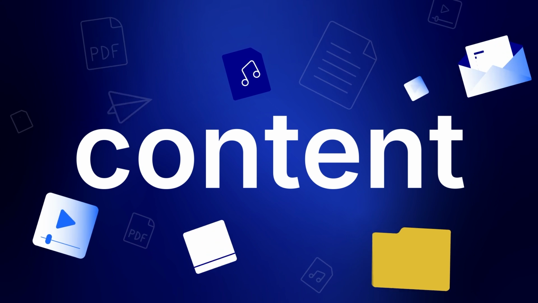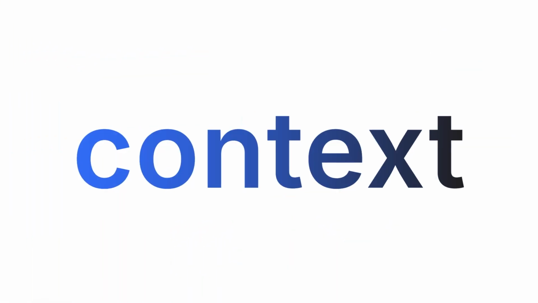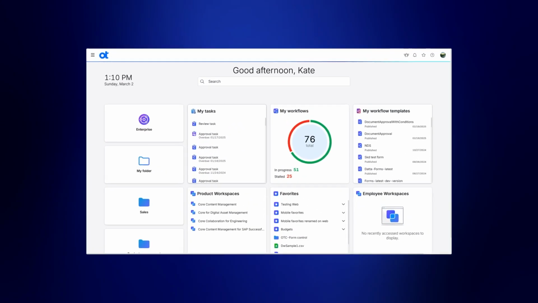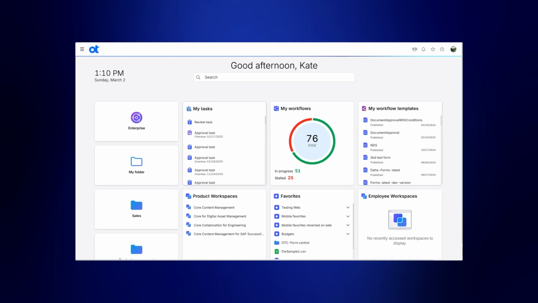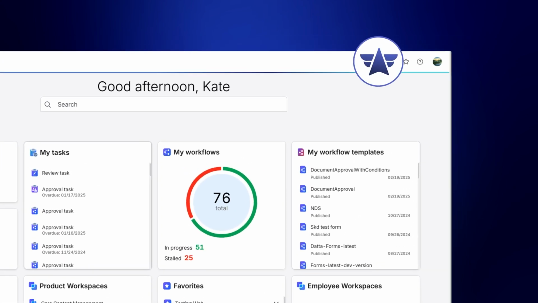What if you had an AI assistant grounded on your content that understood the context of your business? Using AI that isn't fully informed on your content could lead to inaccurate responses or expose sensitive information, putting your organization at risk. OpenText Core Content Management, an intelligent SaaS content management platform, includes OpenText Content Aviator AI Content Assistant